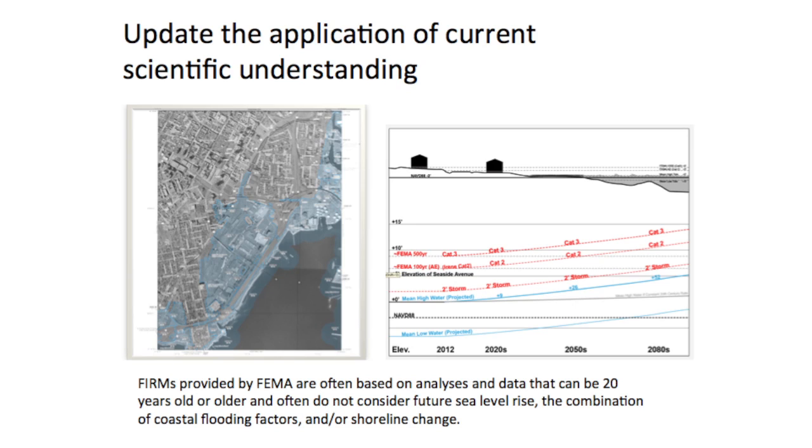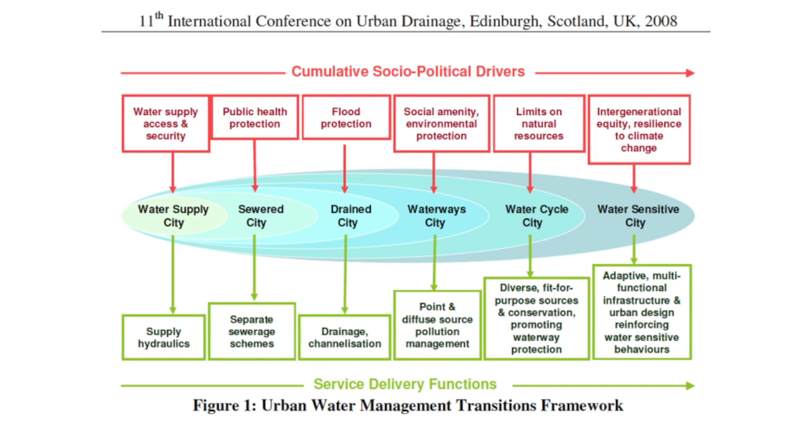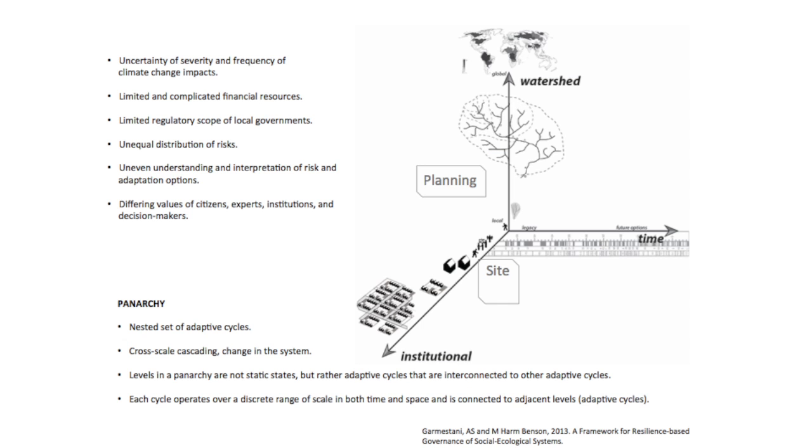So there's a need in the sciences to update the application of scientific understanding. Like many of the FIRM maps provided by FEMA are based on 20-year-old data rather than newer data, and this graph was shown earlier, but the idea is that things are changing over time. And not only that, but the city itself has been evolving over time from a water supply city to a sewer city to a drain city. And so the city system itself, in terms of how we construct it, is evolving. And so within this concept, we've already mentioned panarchy and the importance of this idea of nested cycles. People discuss wicked problems and start thinking about where designers can work. I target planning stages and site scale, so that we're building things but also planning as 2 areas that designers can perform.